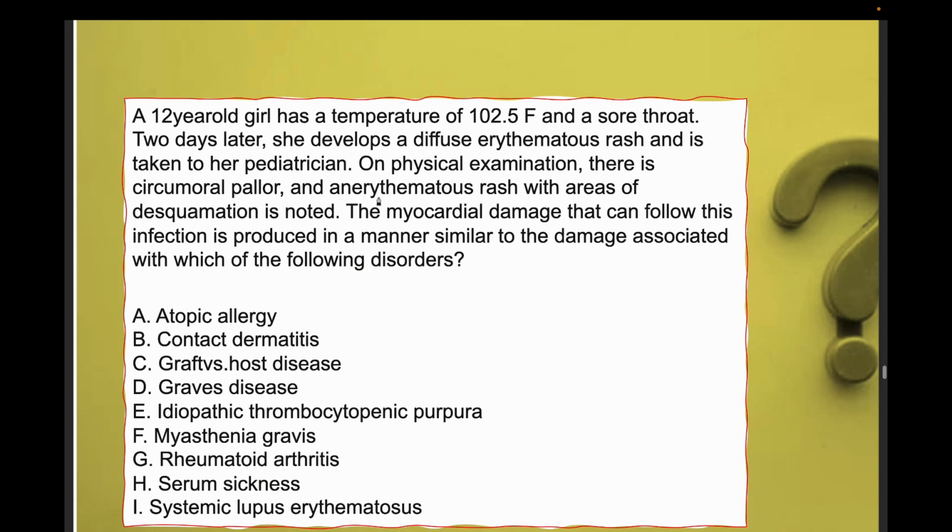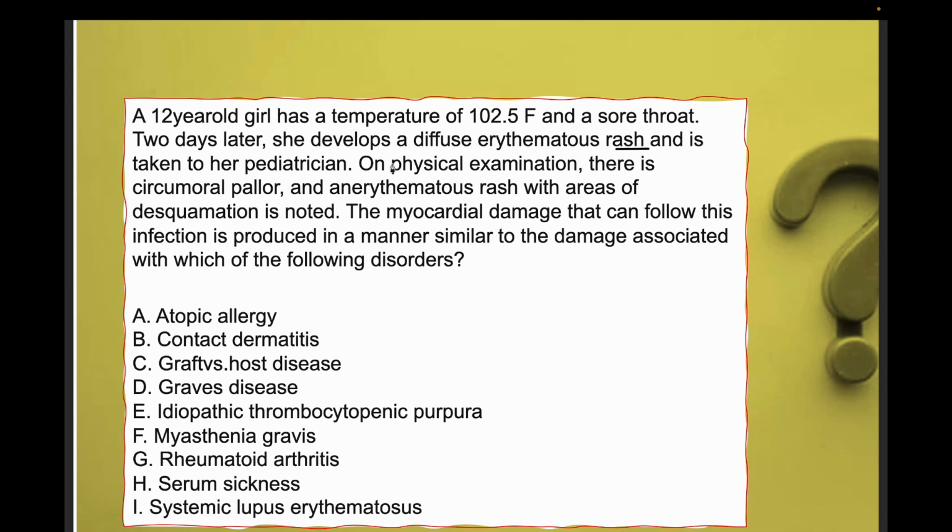Now let's come to this question. It says a 12-year-old has a temperature of 102.5 Fahrenheit and a sore throat. 2 days later she develops a diffuse erythematous rash. So there is a rash. Taken to her pediatrician, on physical examination there is a circumoral pallor, a paler region around the mouth, basically. Rash with areas of desquamation. The myocardial damage that can follow this infection is produced in a manner similar to the damage associated with which of